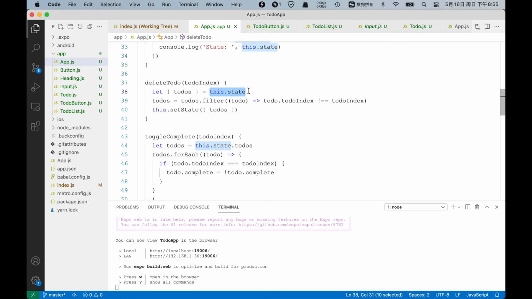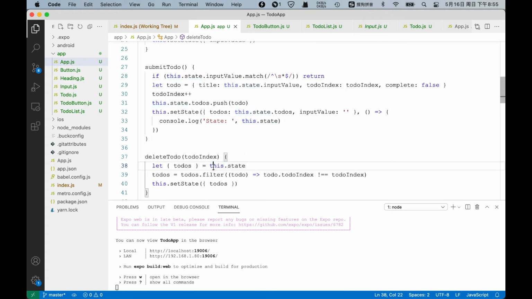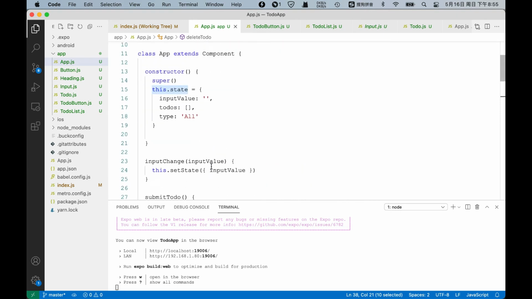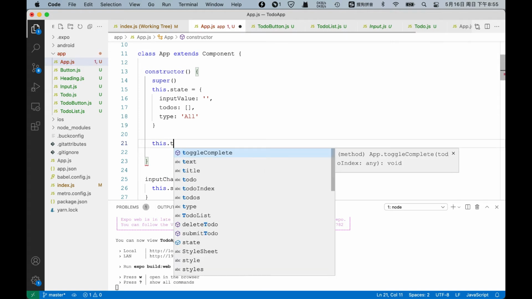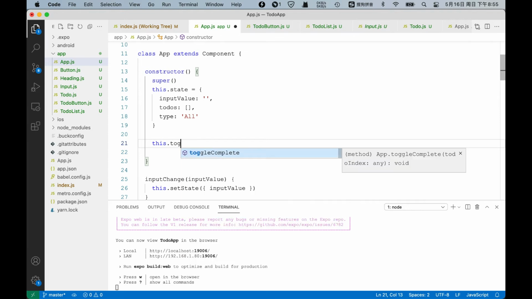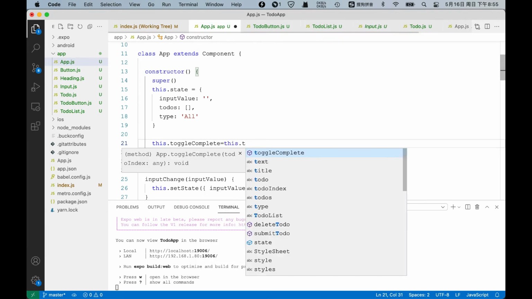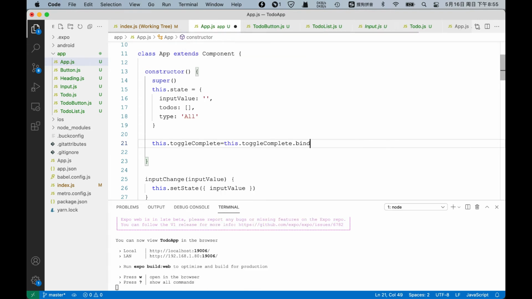So we need to bind this as a global variable. So turn to the constructor here. We need to bind this to this function. Bind this one. These two are toggleComplete equals this.toggleComplete.bind(this),